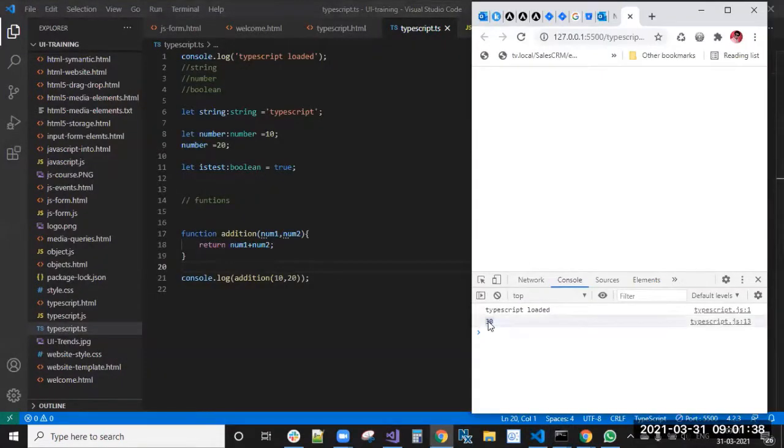See here, you got 30, 10 plus 20, the 30 output. So this is fine up to here.